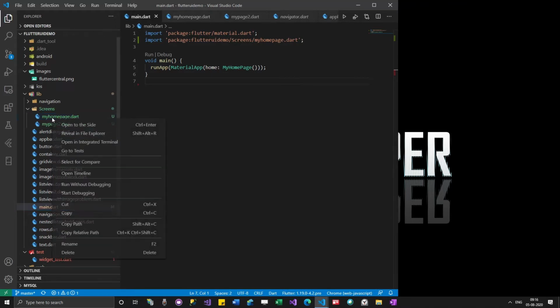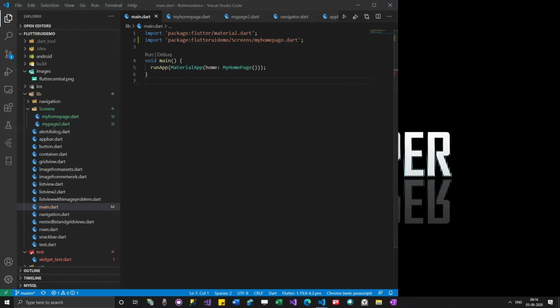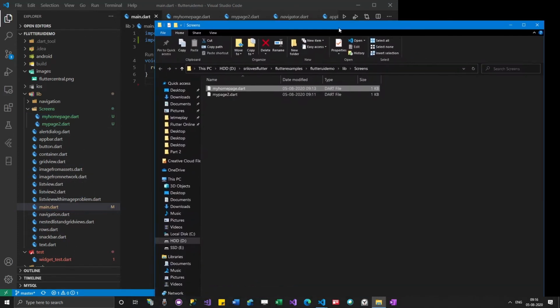I can just go here, reveal in file explorer, which will open those files. I can copy paste this code to any other Flutter project and start using it. Am I correct, guys?